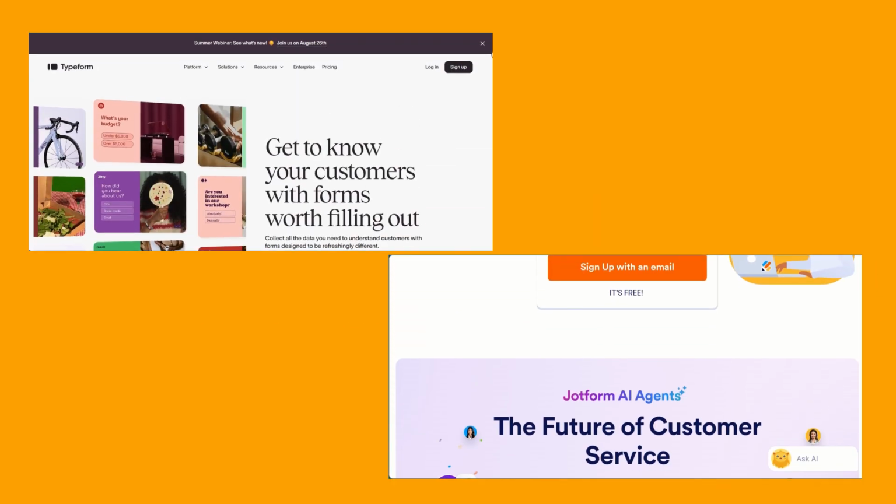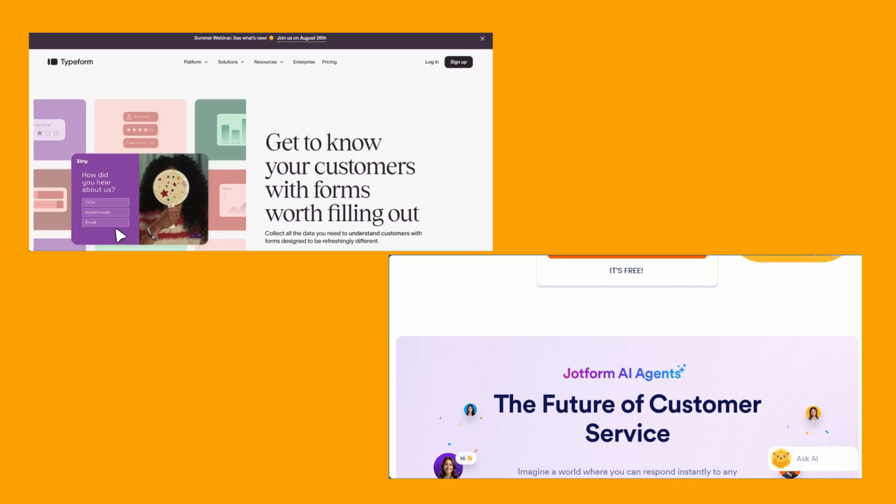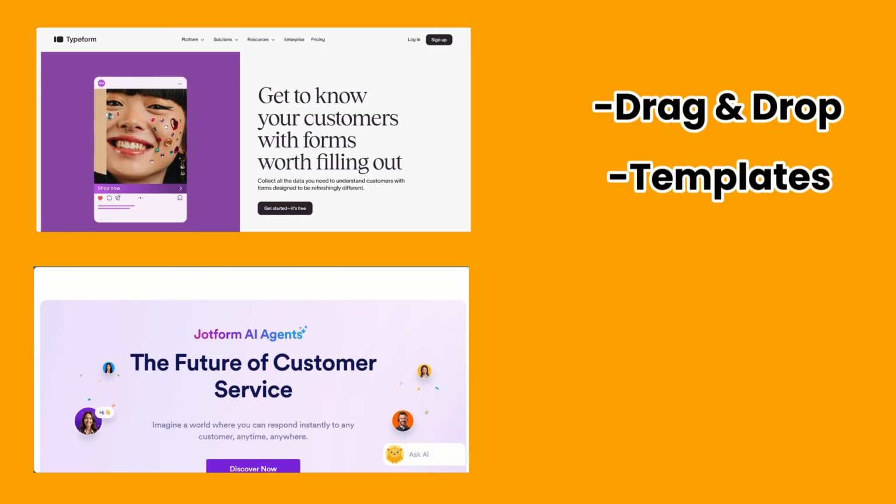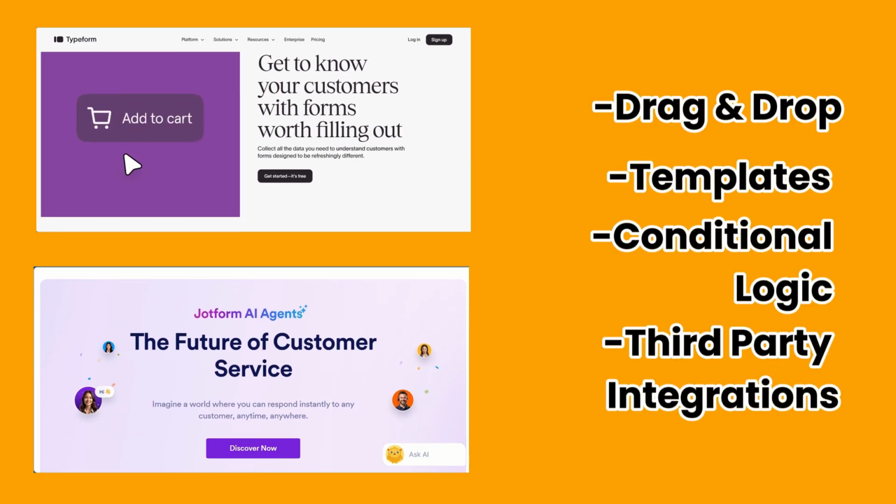Now, both Typeform and Jotform are popular online form builders. They both feature drag and drop editors, templates, conditional logic, and third-party integrations. The right choice really depends on your specific needs, which we'll explore in this concise comparison of their features, pricing,